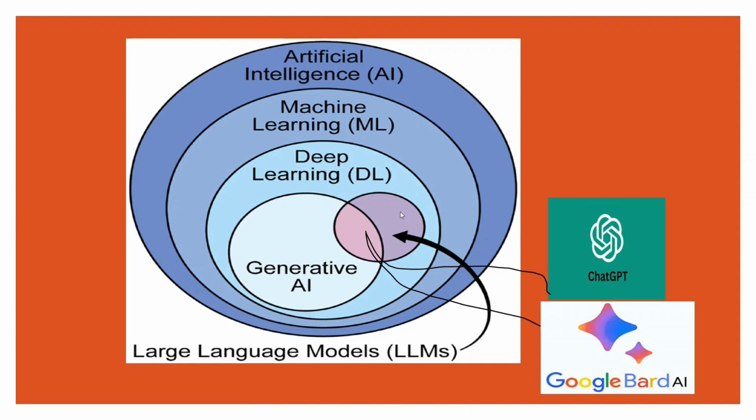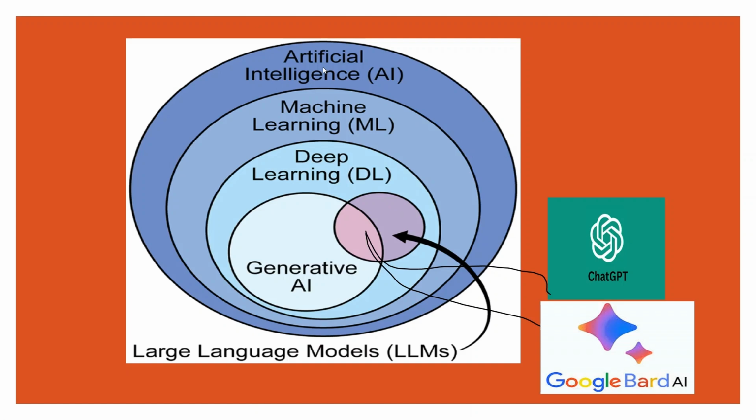Let us go ahead. Now just look at this picture. So how it works: first comes your AI, then ML is a subset of your AI. Then going ahead from there, comes your DL, which is a subset of ML. Now if you go further, what do you see? DL has other models.